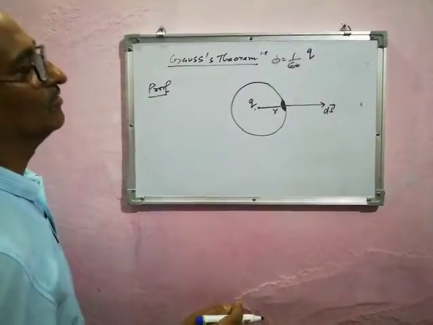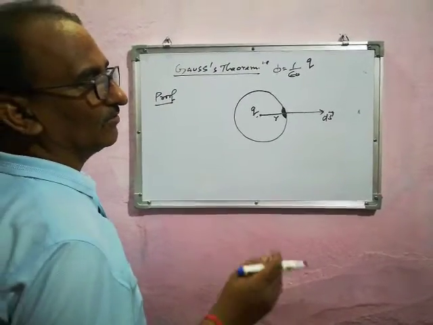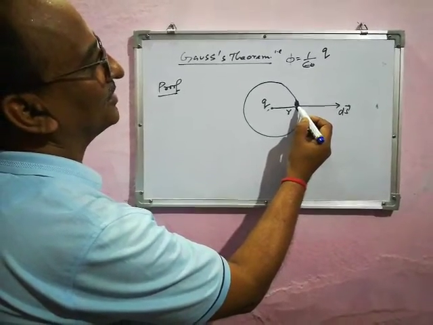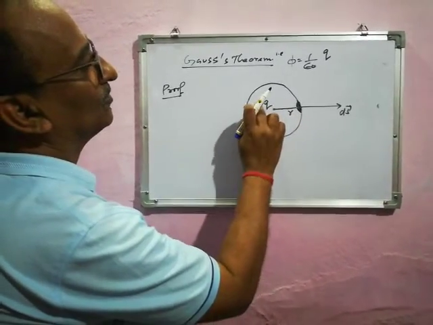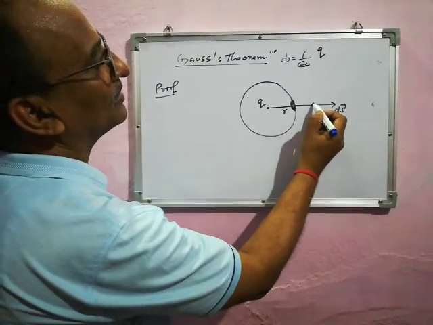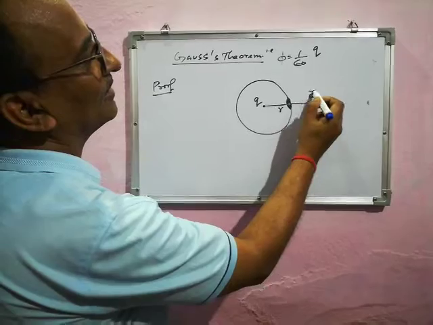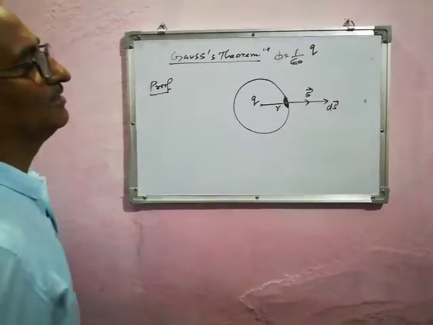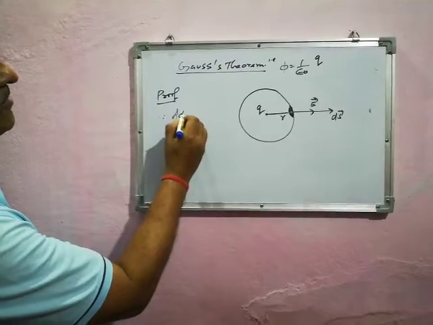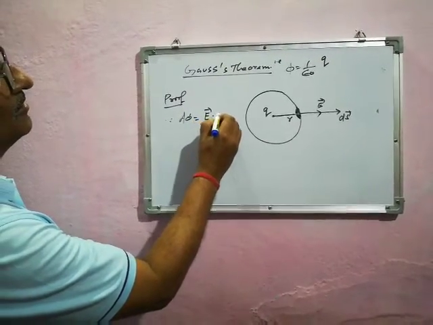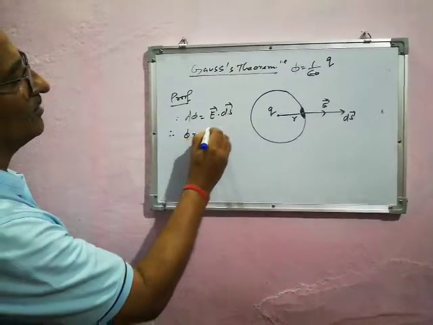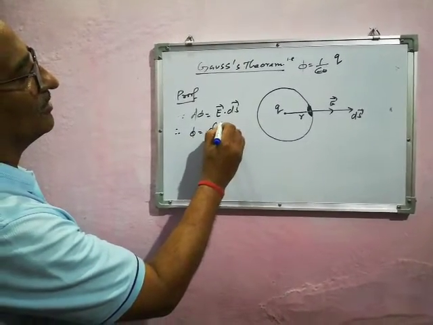And as we know, electric field is the force acting on a unit positive charge. So if a positive charge is considered here, this positive charge exerts a force on the unit positive charge along this direction. It means the electric field is also along the same direction. Now since d phi is equal to E dot ds, therefore the total flux will be equal to the surface integral